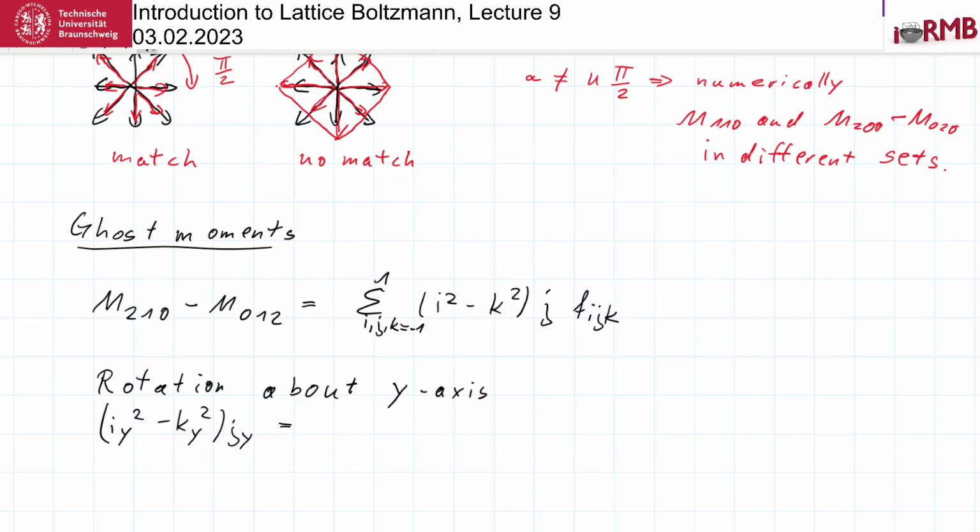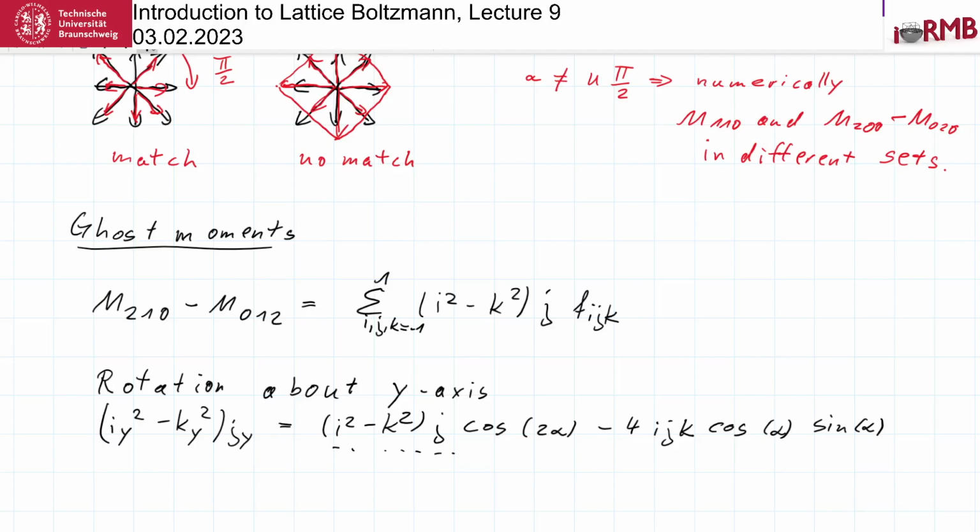This actually is i squared minus k squared times j cosine 2 alpha minus 4 i j k cosine alpha sine alpha. So now what we identify is that there are two terms, namely this one,